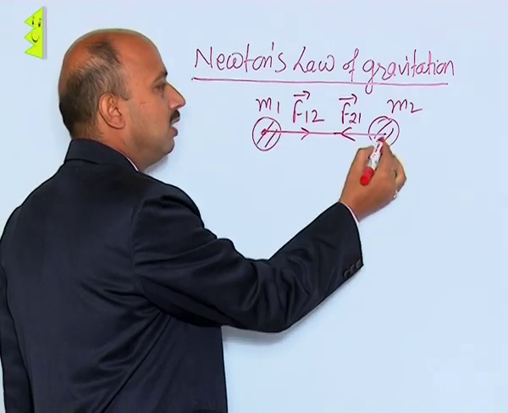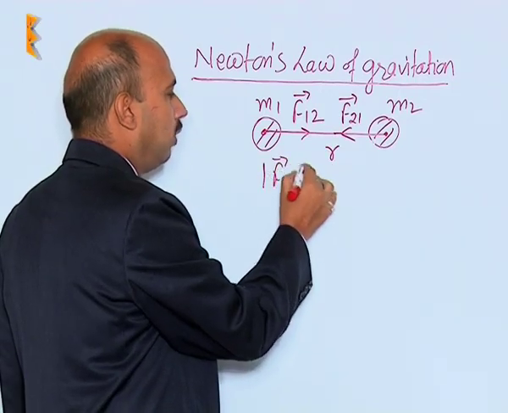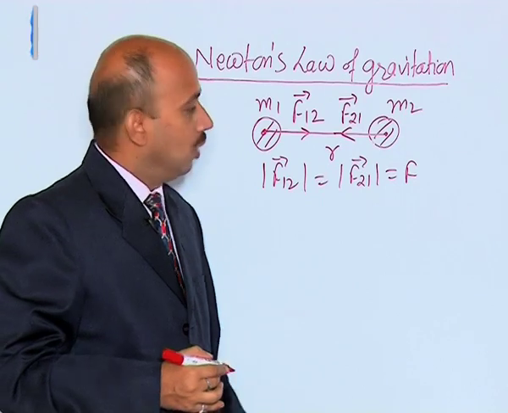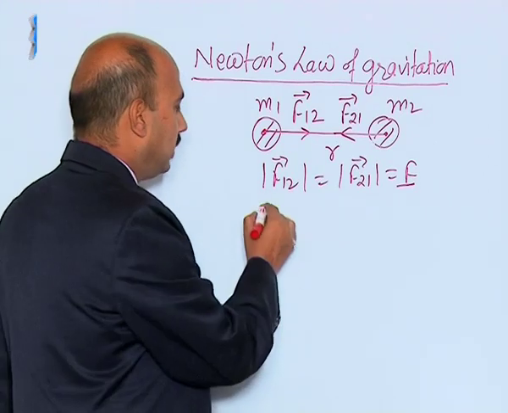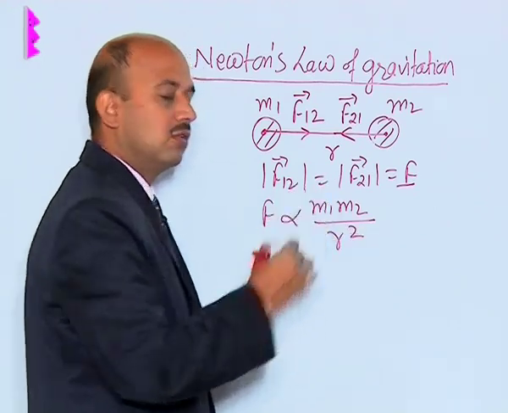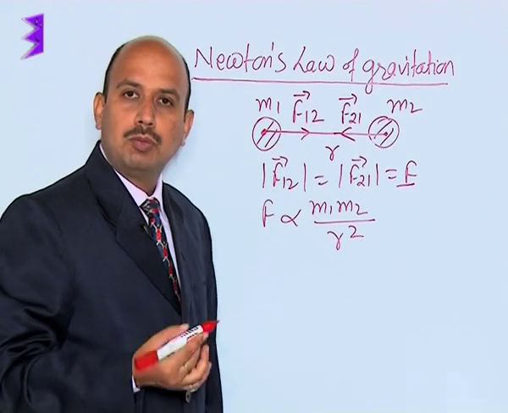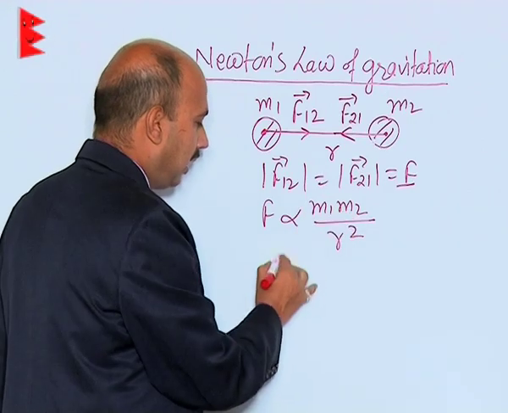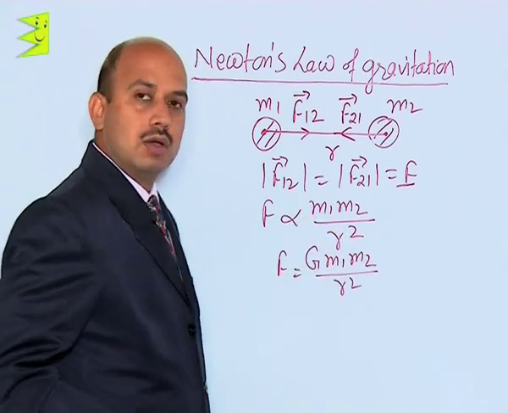Suppose the distance between the centers of the bodies is r. So we can write the magnitude of F12 is equal to the magnitude of F21, which is equal to F. All these forces are called gravitational forces. So F is the gravitational force, which is directly proportional to the product of the masses and inversely proportional to the square of the distance between them, and this force acts along the line joining the centers of the two bodies. So F is proportional to m1 m2 upon r square. That can be written F is equal to G m1 m2 upon r square, where G is called